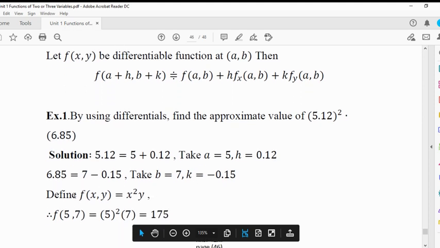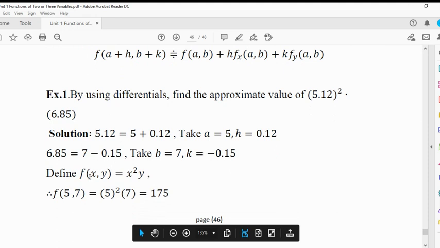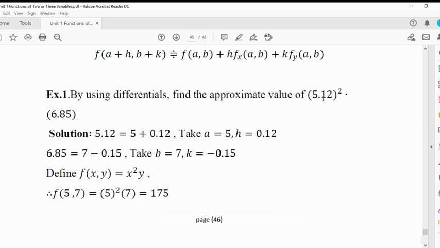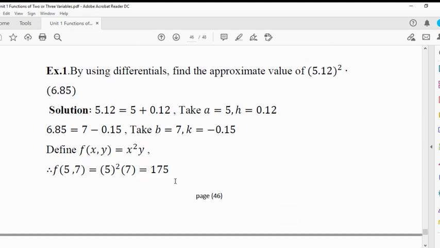So now here we can define the function f of x y, which is nothing but x squared times y. So the given function f of x y is nothing but x squared y. Find out f of a b. The f of a b is nothing but, a is our 5 and b is our 7. So f of 5, 7 is equal to, replace x by 5 and y by 7, so 5 squared into 7,